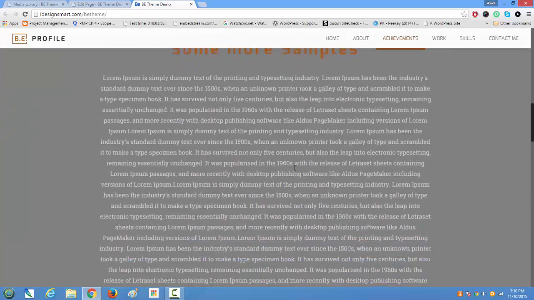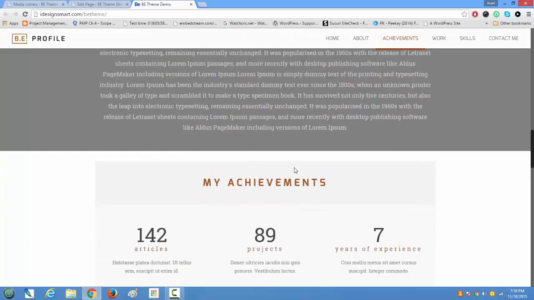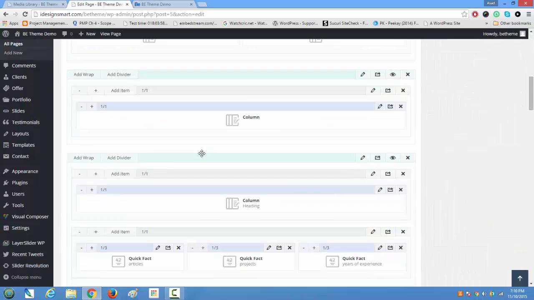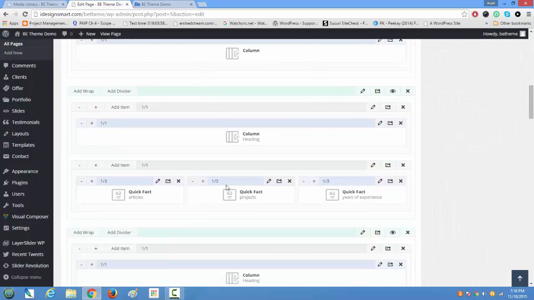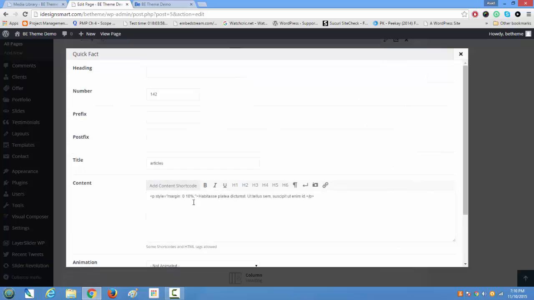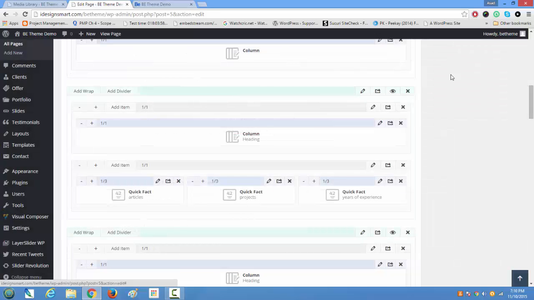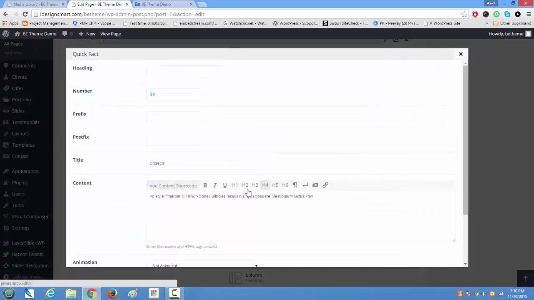So looking at some more visual elements that are used in this particular design, you could go in here and look at the ones that follow. So I see that there are 3 counters here. If you click on that, there are some counter elements here, and the content is being displayed here. You see a percentage here, 10%, and you can style that in the theme panel as well. And there is again quick facts, you can edit that, and then you see